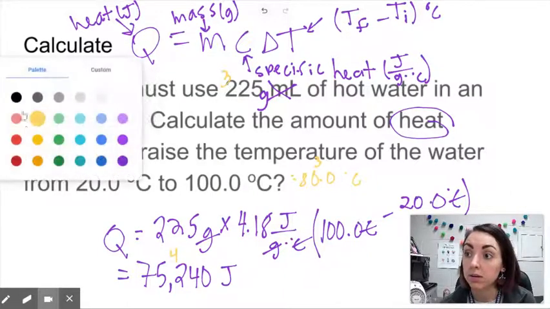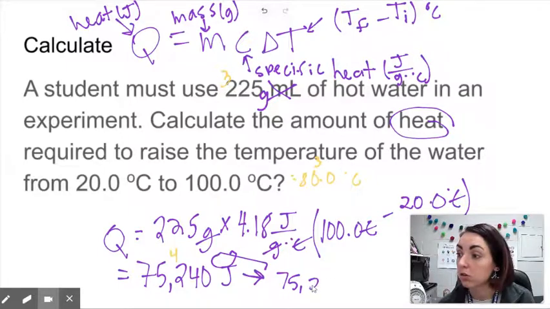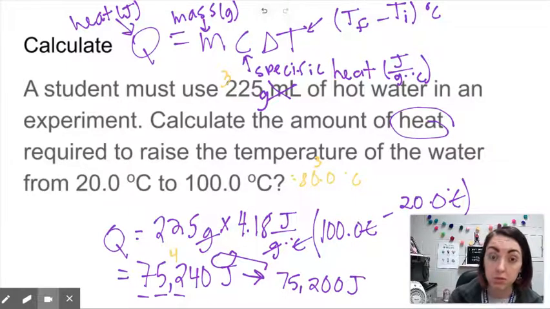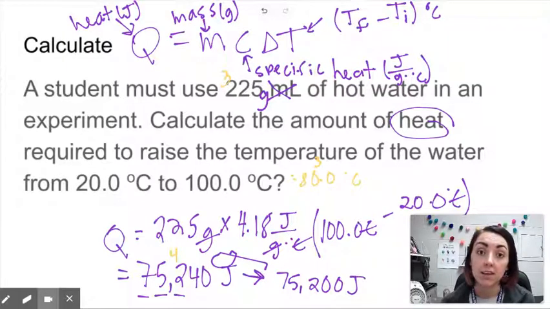So that means we are going to round it so that we only have 3 sig figs, which would be 75,200 joules. So I know I get 1, 2, 3 numbers there. I look at that 4, I see, oh, that is less than 5, therefore it just becomes 0 instead of rounding up the 2 to a 3. So it's closer to 75,200 than it is to 75,300. So that is my answer,